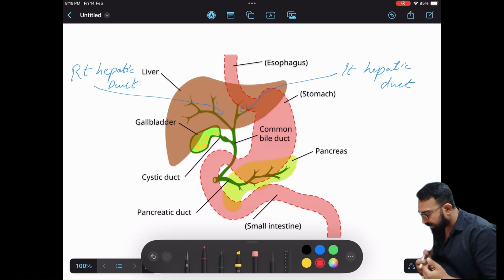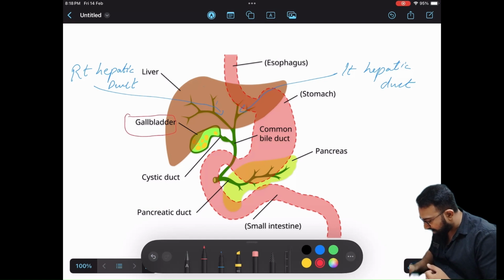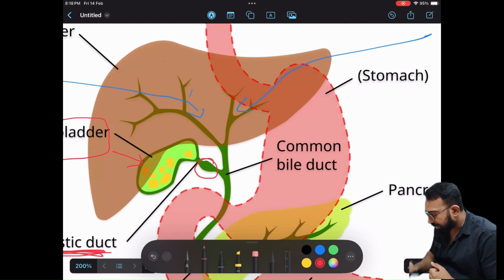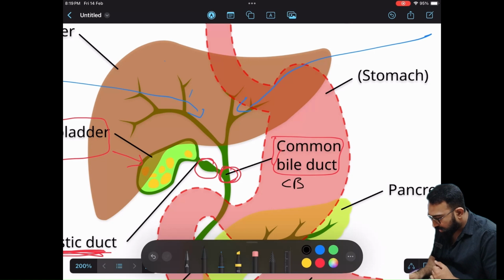Now there is another duct which is coming from the gallbladder. Here is your gallbladder. The duct coming from the gallbladder is the cystic duct. The left hepatic duct and right hepatic duct join together with the cystic duct to form the